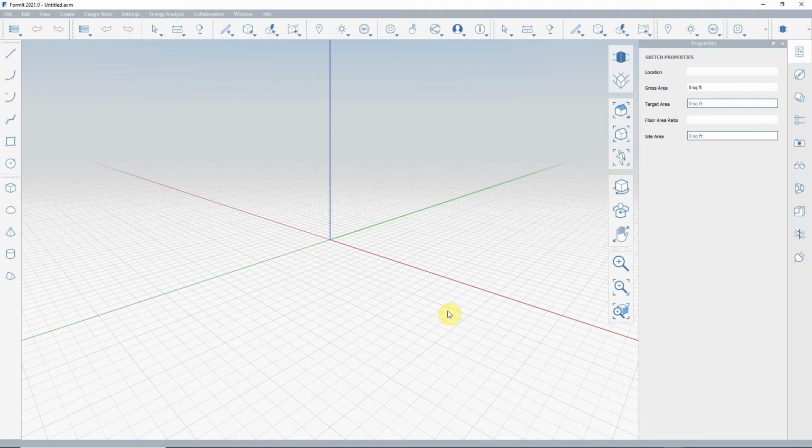Today, I'm going to show you in the newly released Autodesk FormIt 2021 about real-time collaboration. With a FormIt Pro subscription, you will have access to real-time collaboration, which allows you to start a collaboration session and invite colleagues or clients who do not need to have FormIt Pro to join a collaboration session from the